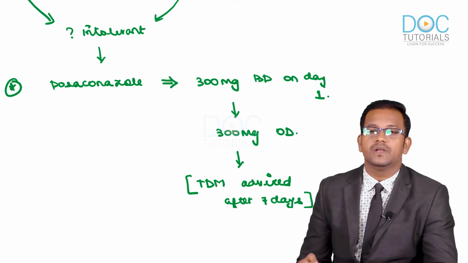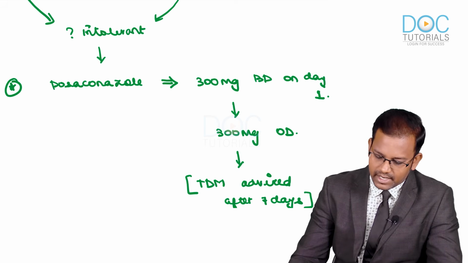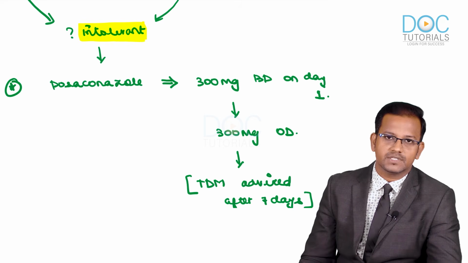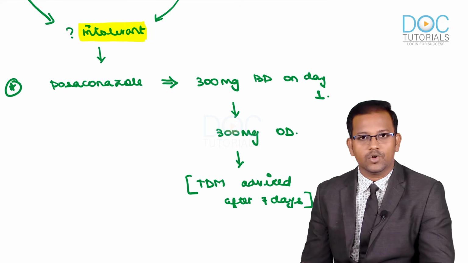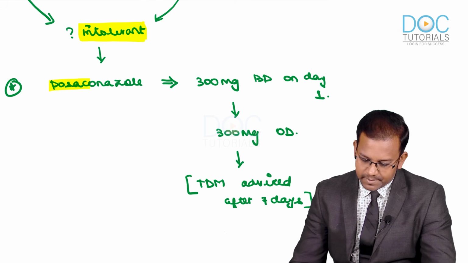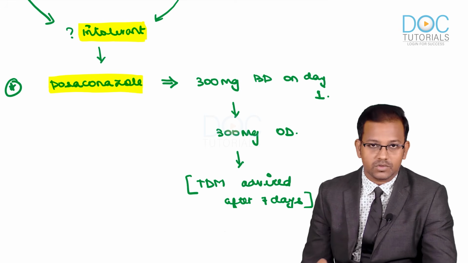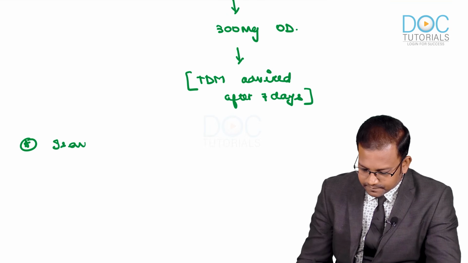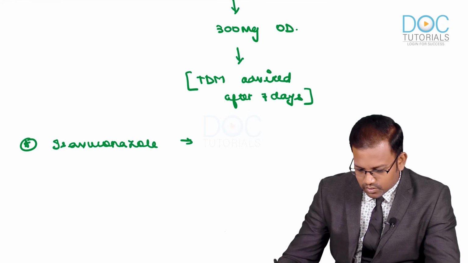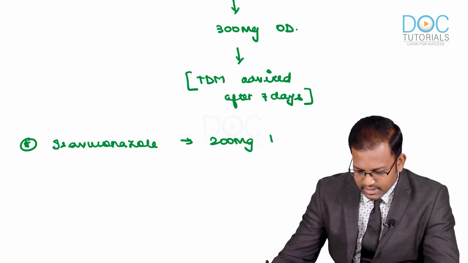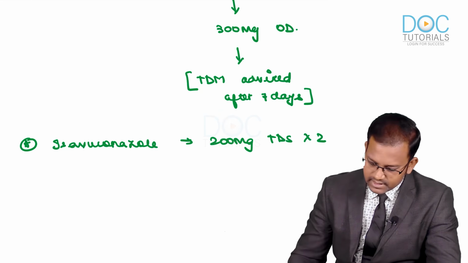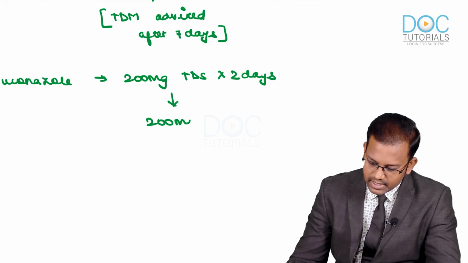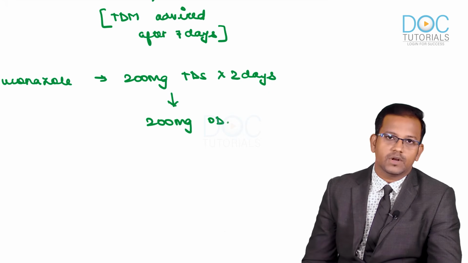An important point, guys. Not only in intolerance, even if the patient's fungal load has decreased after the initial dose of amphotericin B, we can shift the patient to the next follow-up regimen of azoles. Among these, which azole do we prefer? We prefer giving posaconazole. We also have another azole drug, isavuconazole. Isavuconazole 200 milligram is given thrice daily, TDS, for 2 days, followed by 200 milligram OD.